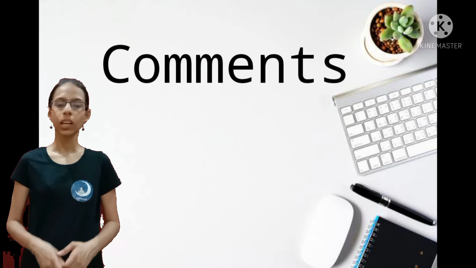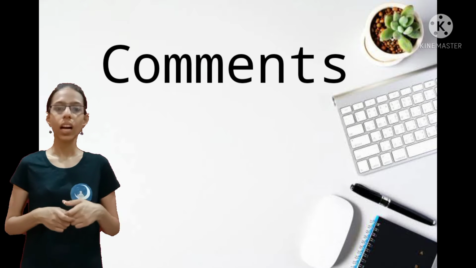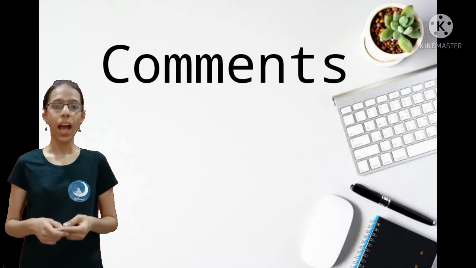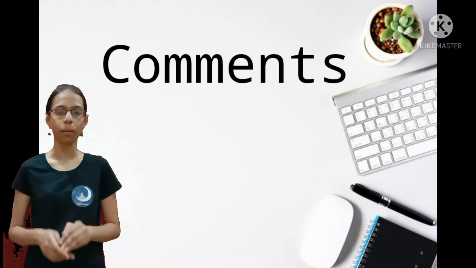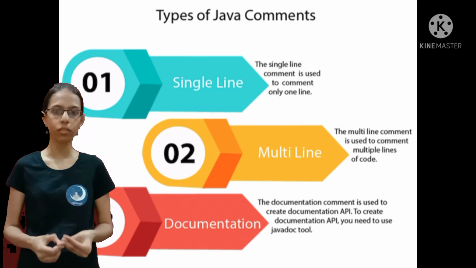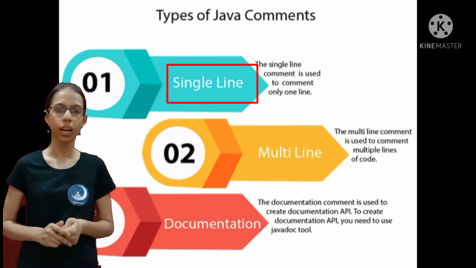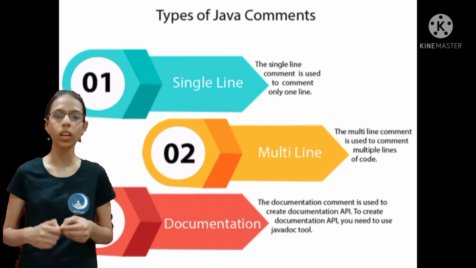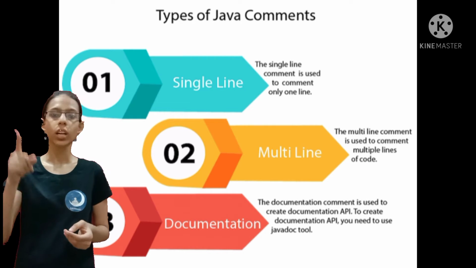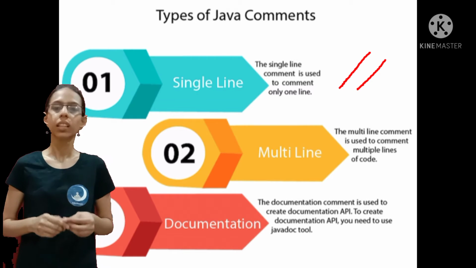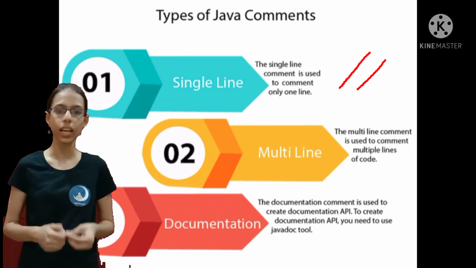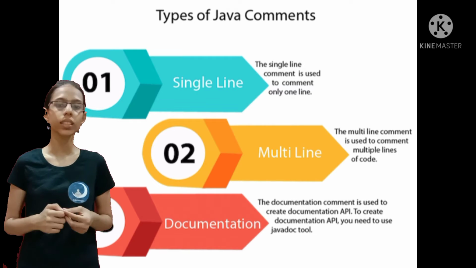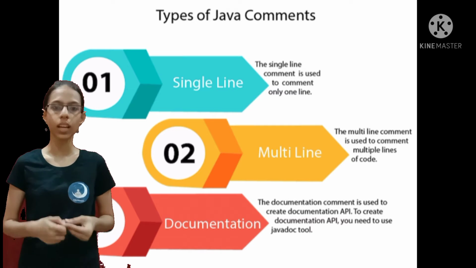Now let's see the comments. What are comments? When you write a program, an unknown person who reads the program should understand what you wrote. So for this purpose we use comments, and there are different types of comments. The first one is the single line comment. We can comment a line telling the description of the program, like what you are doing at the step, by using two forward slashes. This represents a single line comment. If you want to comment a single line, then you will be using this comment.